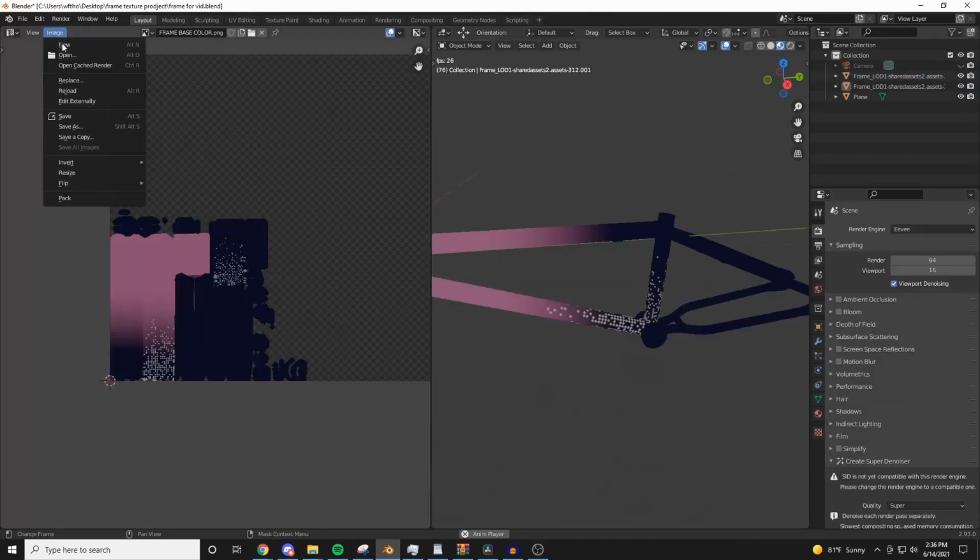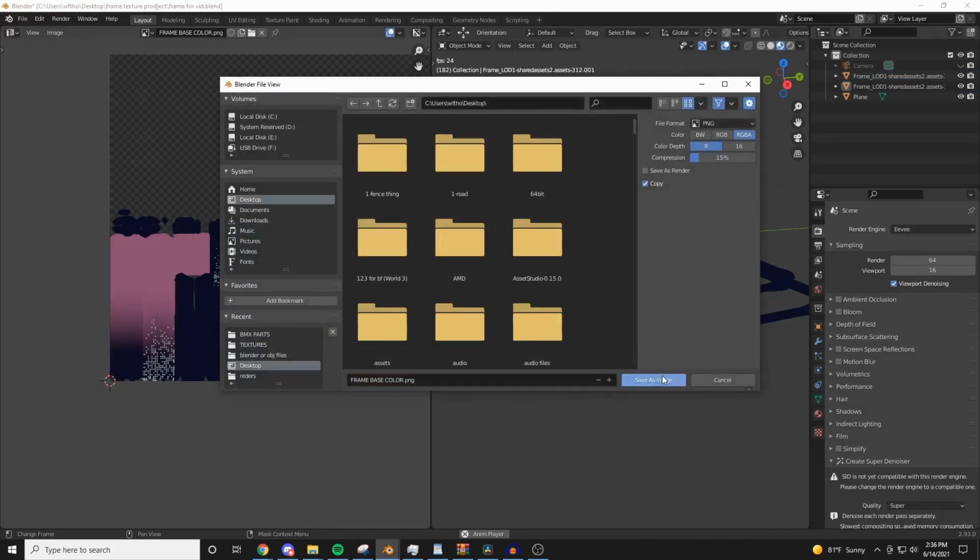Hit bake, save the two images to your desktop, put in your game, and there you go. That's